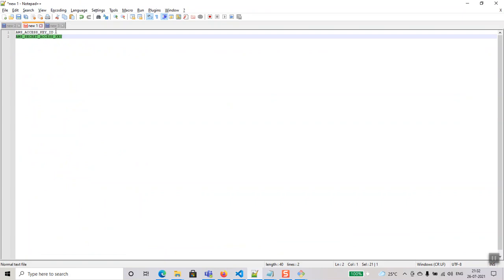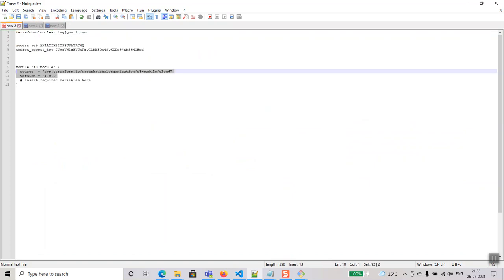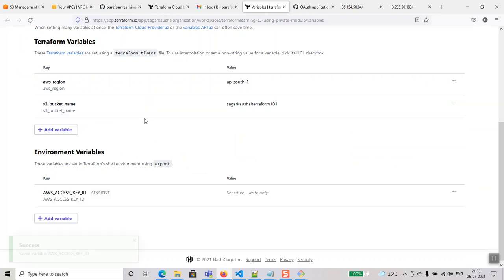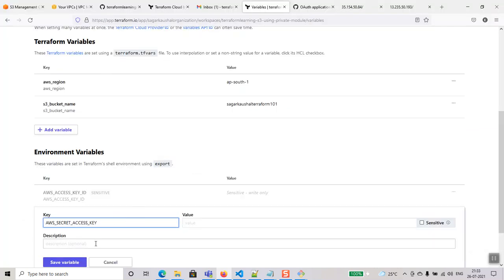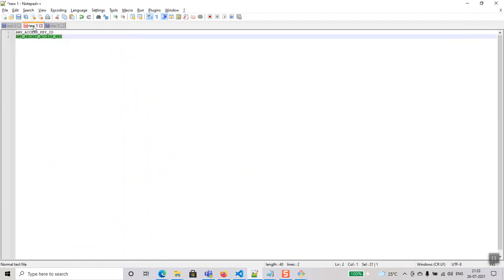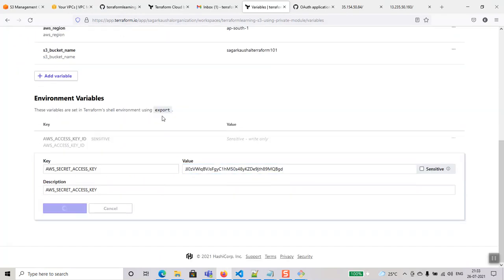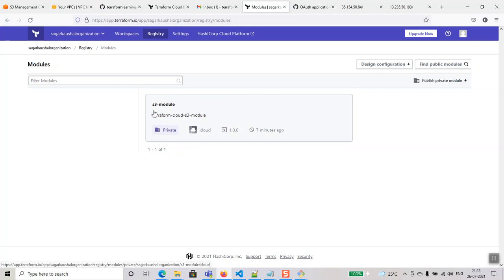Again the same process: access key, I'm going to make it sensitive, save, add variable, secret access key, save variable. Now the variable part has been set, and if I go to registry, I have one S3 module